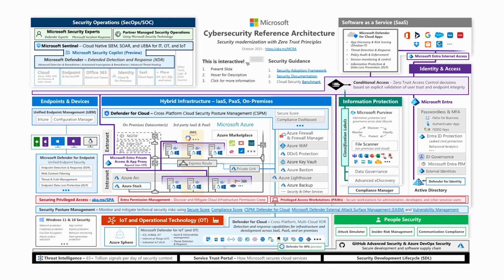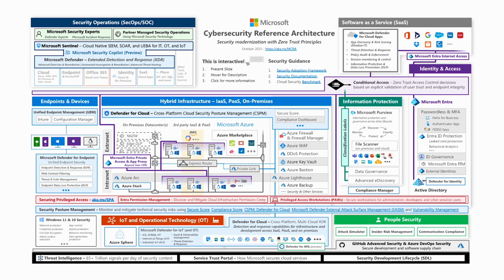And so all of those capabilities are a subset of the larger Microsoft platform. This is the Microsoft Cybersecurity Reference Architecture. For those of you that hadn't seen it, this is one of the more complex diagrams I've ever seen in PowerPoint. So this is a summary of the Microsoft capabilities across the board. It is an interactive diagram. You can download it at aka.ms/MCRA, and there will be an updated version shortly after the Ignite show with all of the latest and greatest on it. But that's how it all kind of comes together.